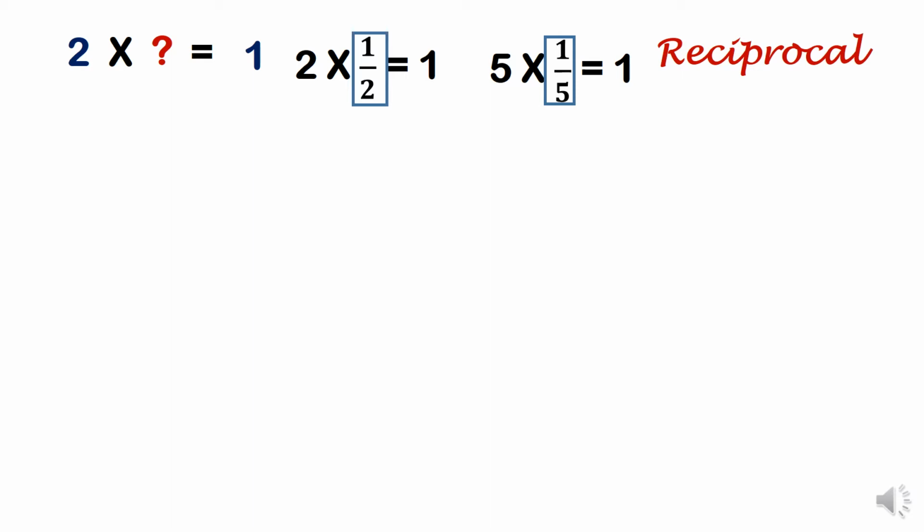Can we apply the same idea to matrices? Suppose A is a matrix. Now, in the concept of matrices, I is equivalent to 1. I is a unit matrix and unit matrix is equivalent to 1. So, A into which number or which matrix gives us I? Now remember, here we cannot say 1 upon A. So, we use the concept this way. A into A inverse is equal to I.